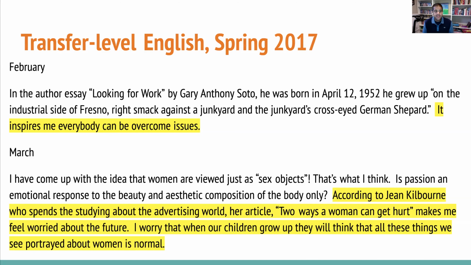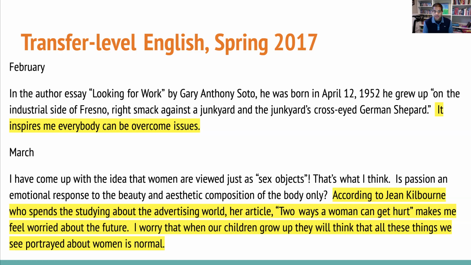Like the following semester, here comes her paper that she's writing in February, and now there's this awareness of introducing a writer, introducing the essay that she read, and giving a little bit of an understanding of what the writer's point is. And then we can start to see a little bit more control starting to develop, that she's taking this focus on what she read about Gary Soto and his piece, and forming the beginning of an argument about how she's inspired by some of the issues that he overcame.